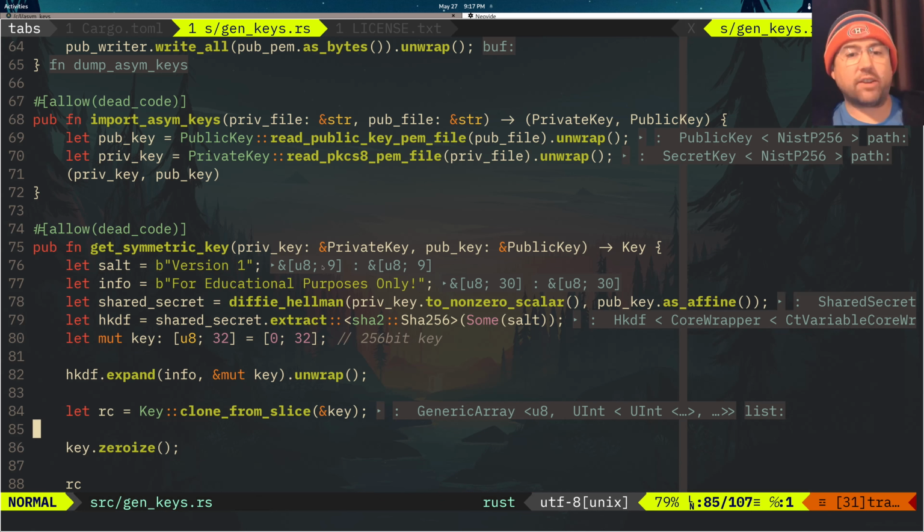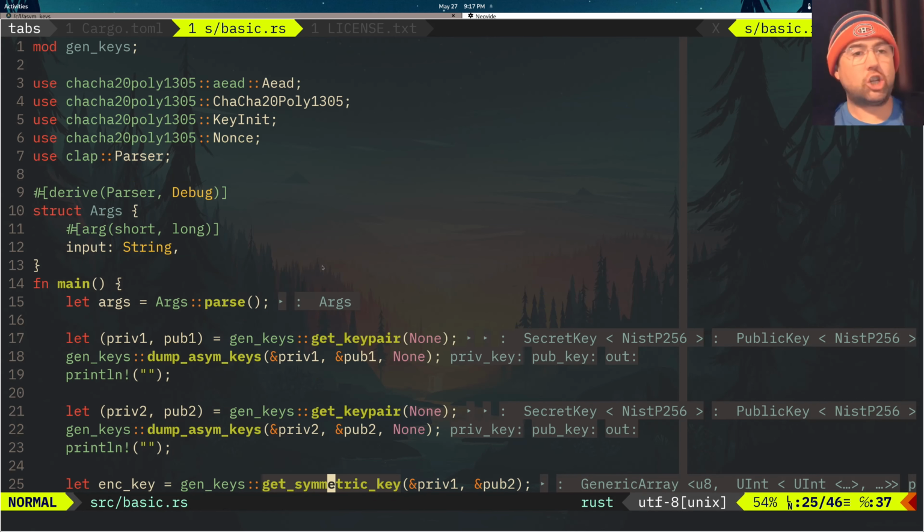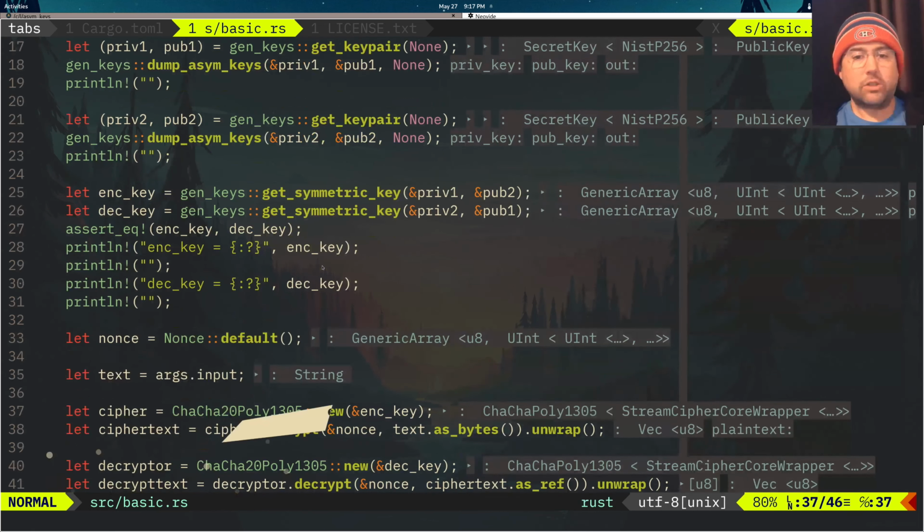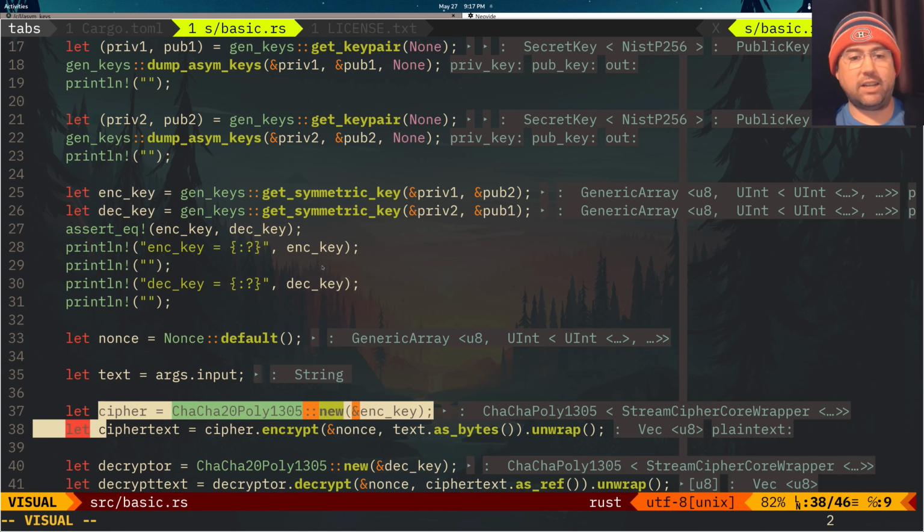Okay, so we've got ourselves a key that we can use for ChaCha20 encryption. Then I get that key again, but this time using the opposite sides of the key pairs. So this encrypted key should be exactly the same as the decrypted key because of the properties of Diffie-Hellman. I'm then going to use the encrypted key to make a ChaCha20-Poly1305 cipher, and then encrypt the data